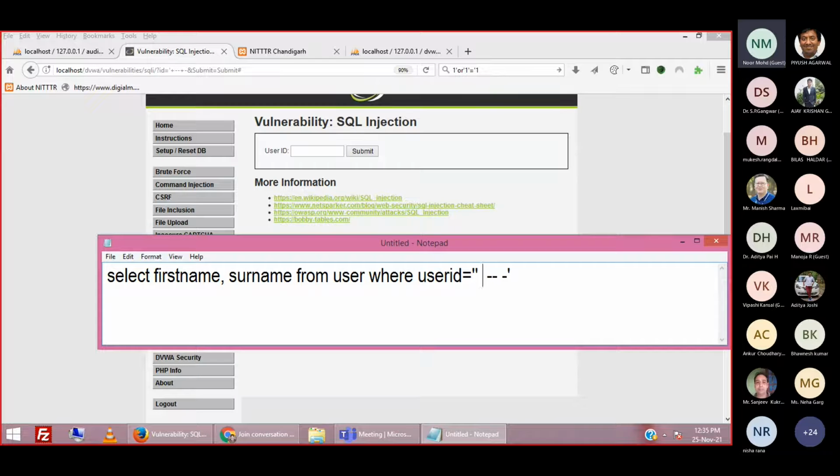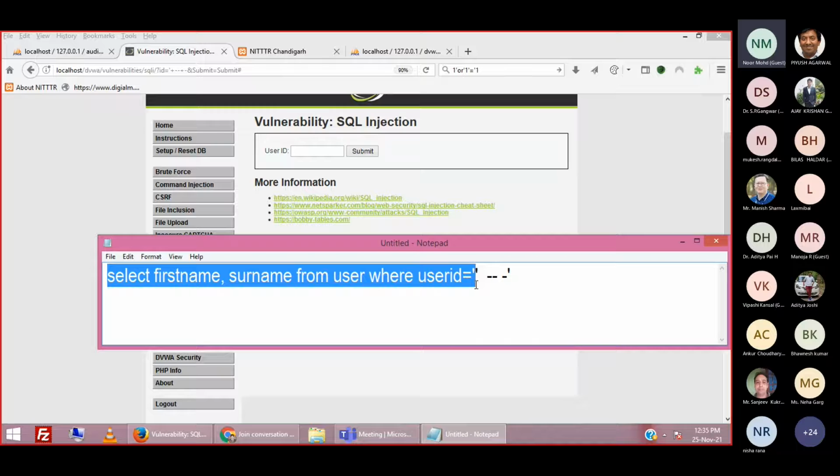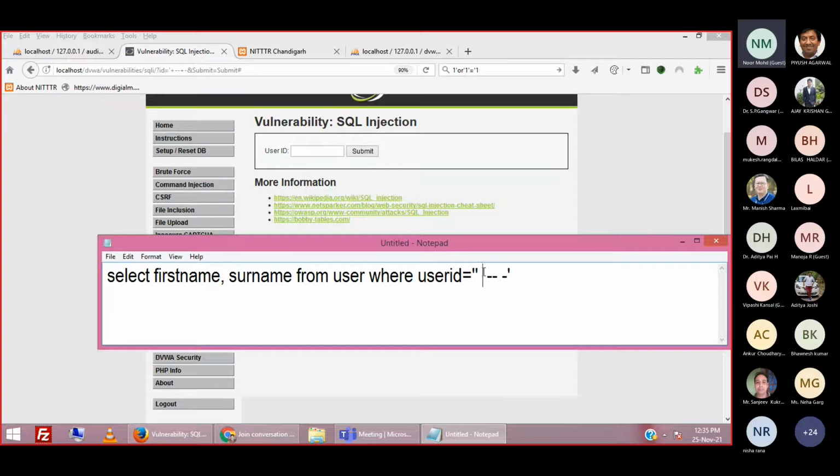If we want to concatenate two SQL queries, this SQL query was already written by the developer to select the first name and last name. Now here we are going to write another select query to fetch some sensitive information. This point is our working area.